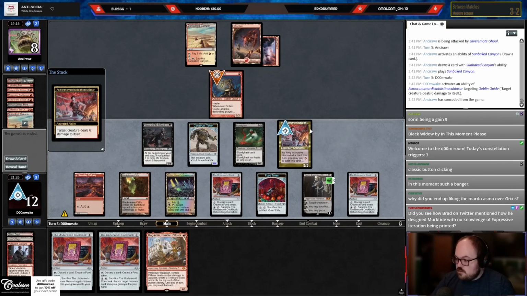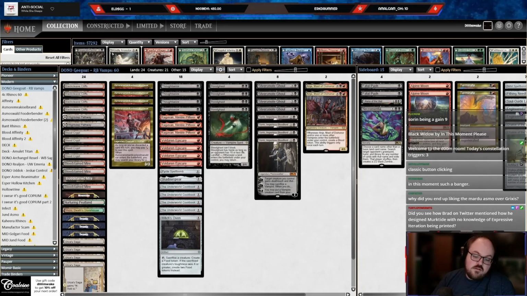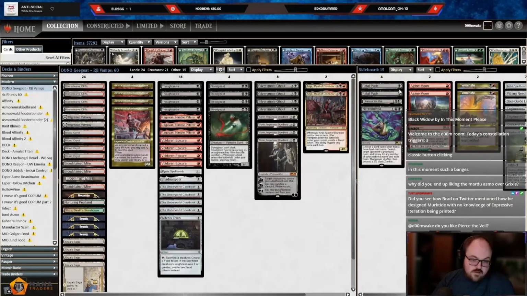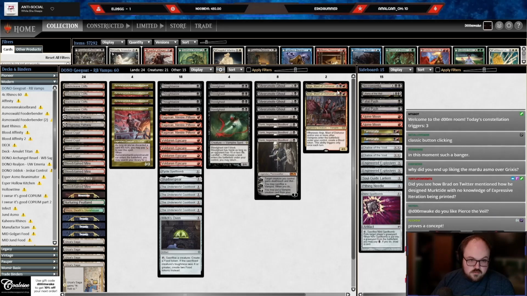How the hell am I supposed to know? Alright, 3-2. Not too bad. 3-2. We lost to Hammer Time and Rakdos Grief. Overall, the deck felt decent. So one thing that we did talk about during the league is adding Seasoned Pyromancer to